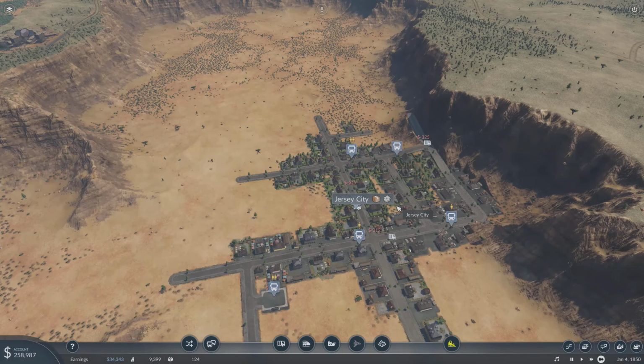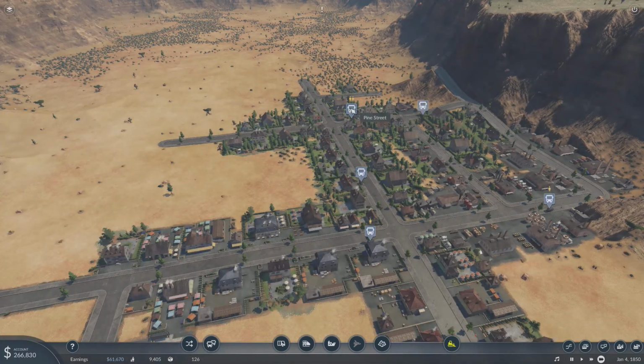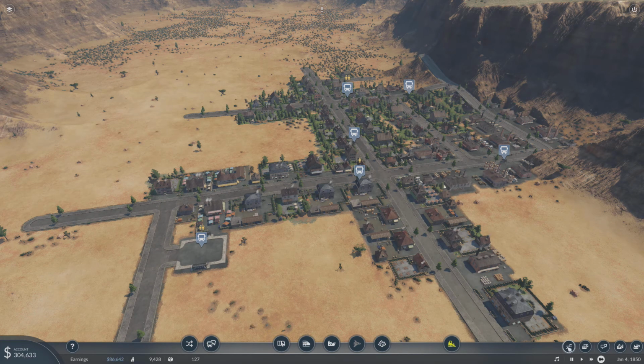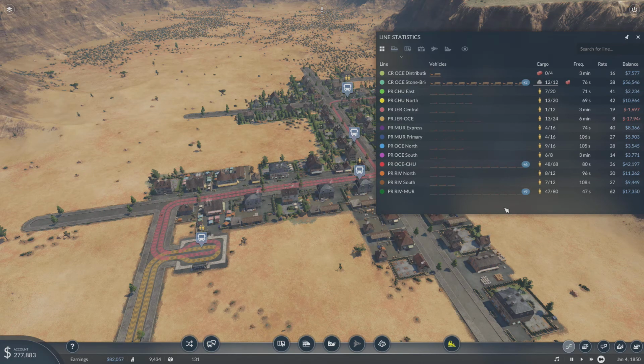So Jersey City, you are a little bit busy, aren't you? 16 people waiting and 10 waiting there, so looks like we finally have a need. You're losing money though, but the rate is pretty low. But we're not full. So maybe people from Jersey want to go to Oceanside now that there's some industry there, but not necessarily the other way around. Jersey Central, never full, but it seems most of it is people waiting at 1 stop. So we'll have to let those be